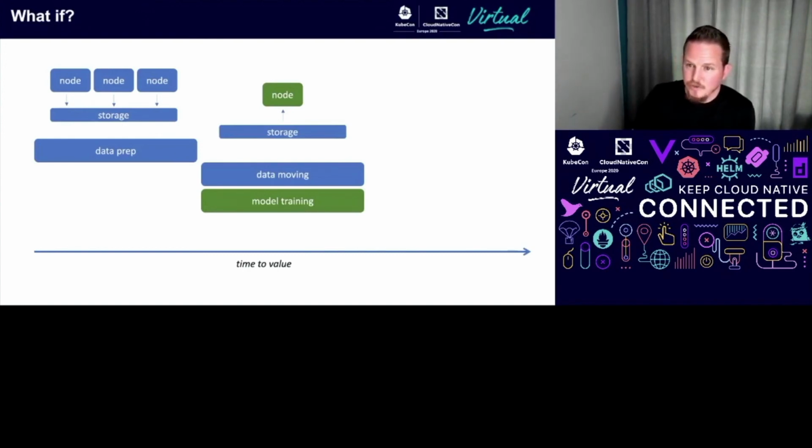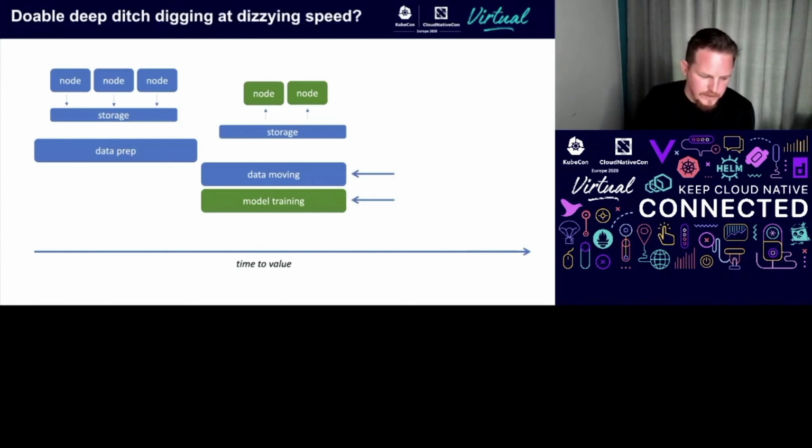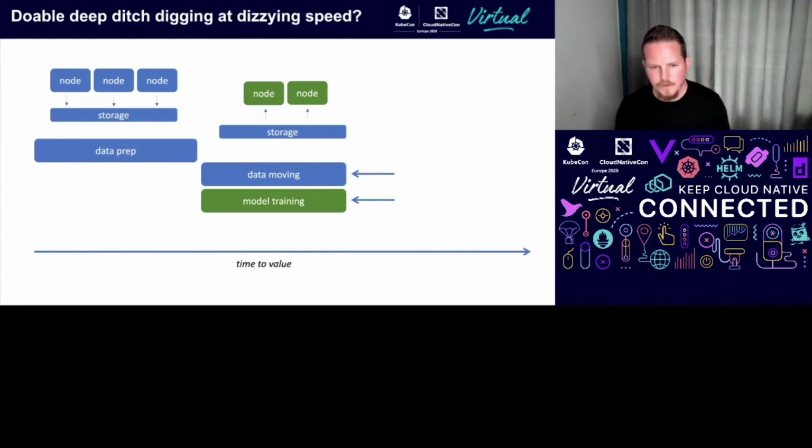Can we add additional GPU hosts? Of course, this would be after we've stuffed as many GPUs as NVIDIA has engineered to fit into a single system. But once you've exhausted the ability to scale up, you're only left with the ability to scale out. So if we scale out, can we further reduce the amount of time that it takes to do this collapsed data moving and model training step?